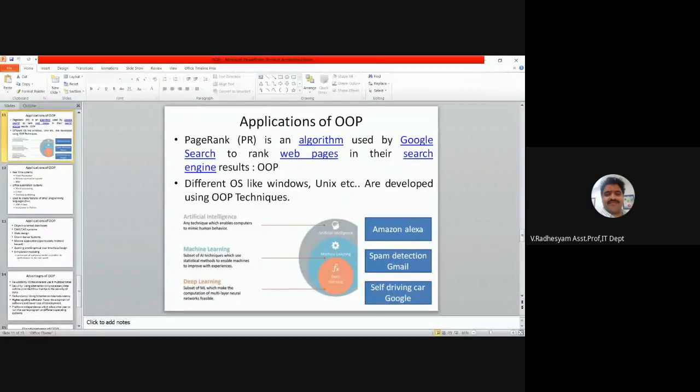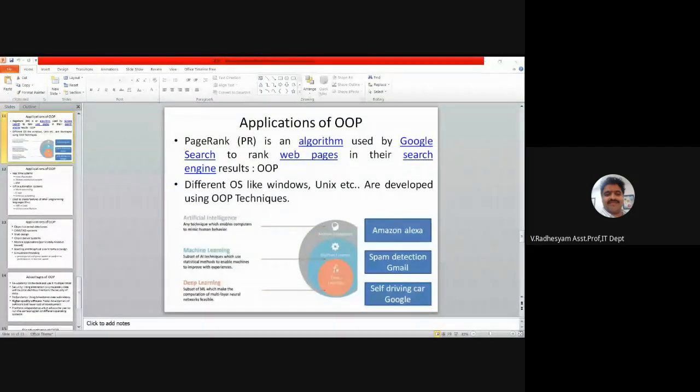You will get different web pages based on what technique, on what basis you will get the pages. Suppose I have a blog.